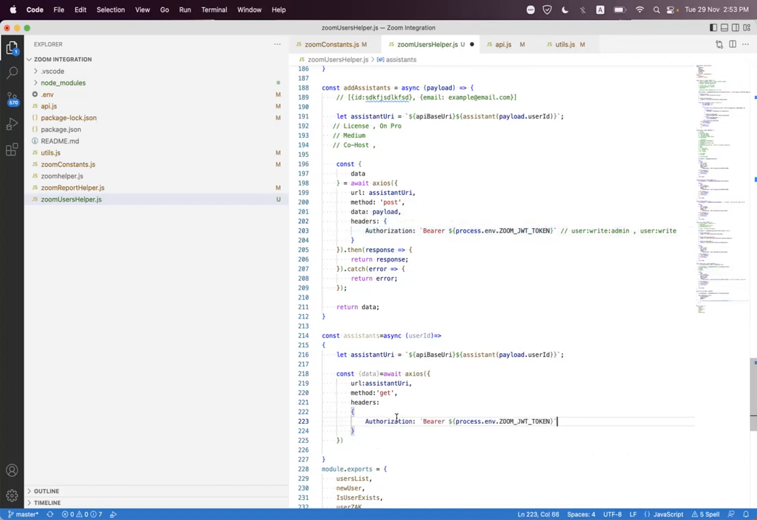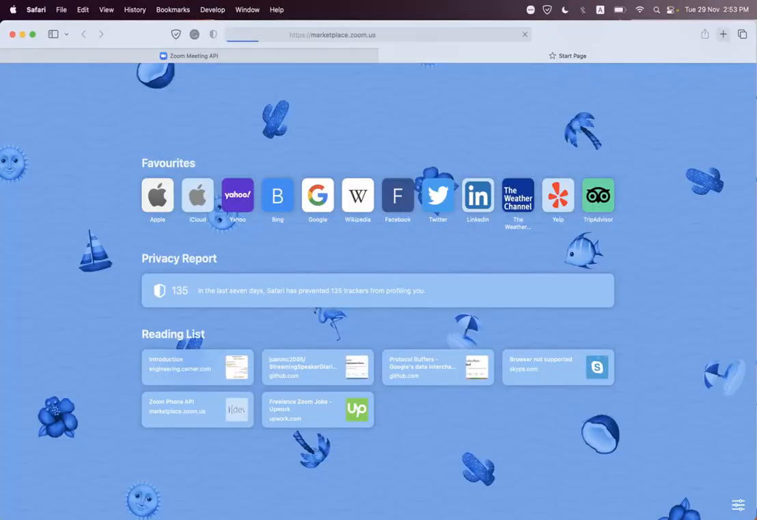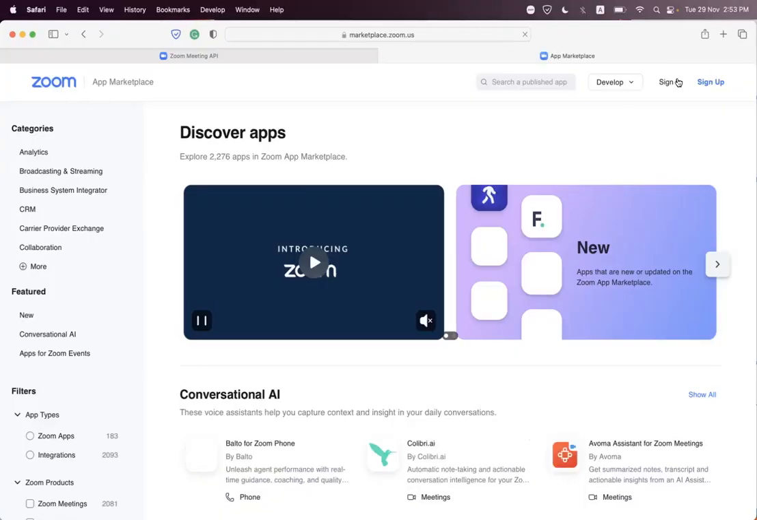For getting the list of assistants, you must have the user read admin scope, or you have the user read scope. You can find those scopes here. Once you navigate to the marketplace, if you are using the OAuth flow app, then you can see those scopes here. Click sign in,